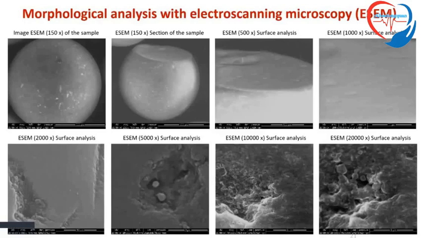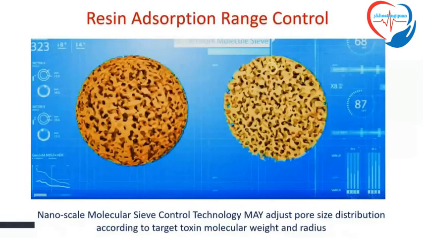Here is a study that we have done in our institute, where you see progressive magnification demonstrates the smoothness at the external part and internal part, and the characteristics of the pores with high surface area developed inside the pores. Thanks to nano-sieve, molecular sieve control technology, manufacturers today can adjust pore size distribution according to target toxin. And here you see a 3D reconstruction of a typical pore bead that is provided in order to absorb specific